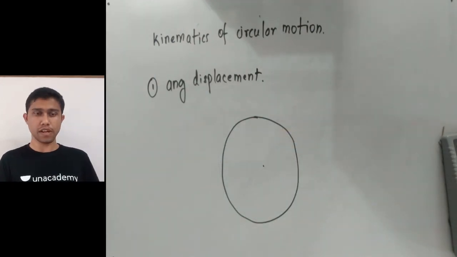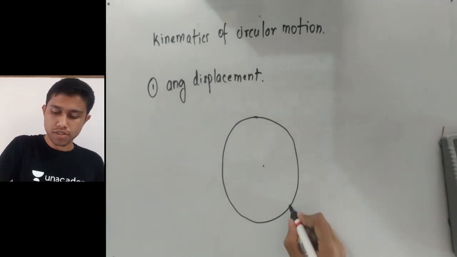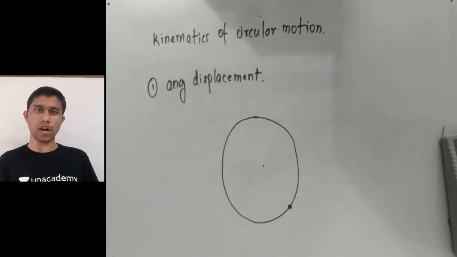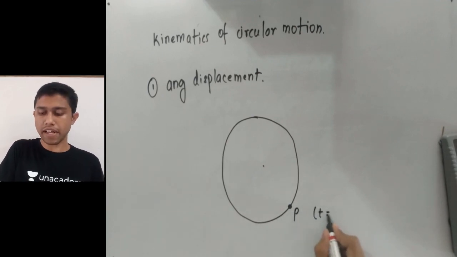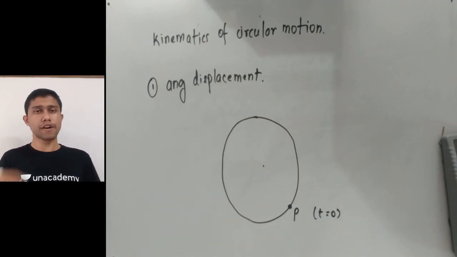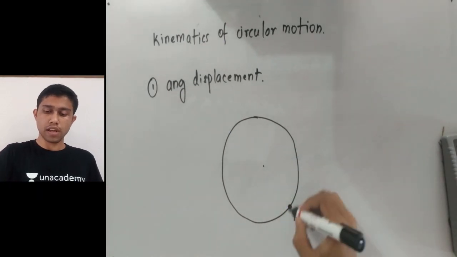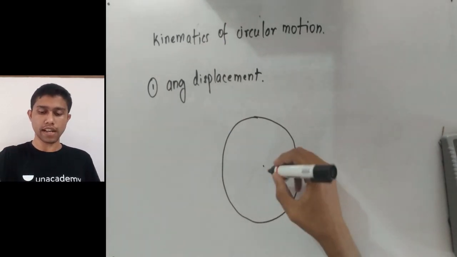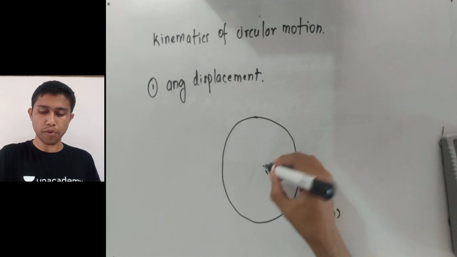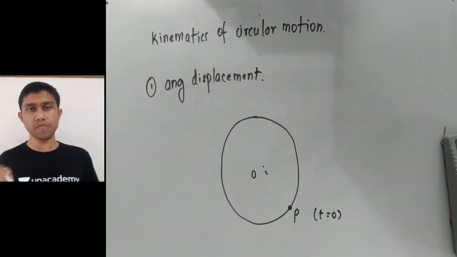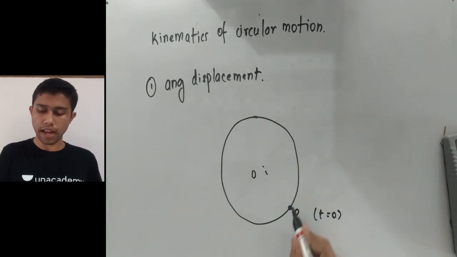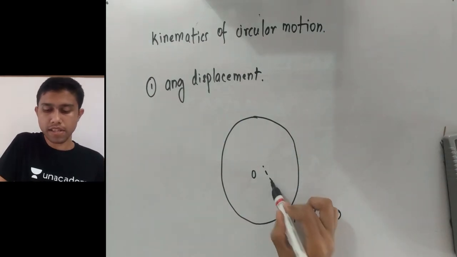Okay. Now suppose I have a particle, or any mass, at point P initially at time t equals 0. Now I'll join that point P and this center O. So if I draw a line between the center O and P and give an arrow,